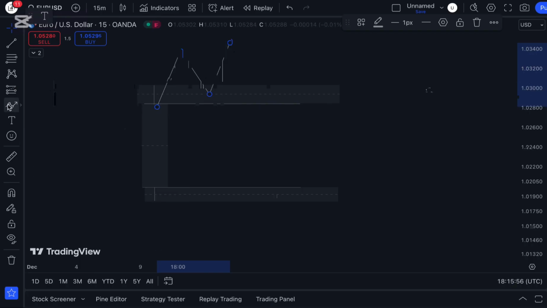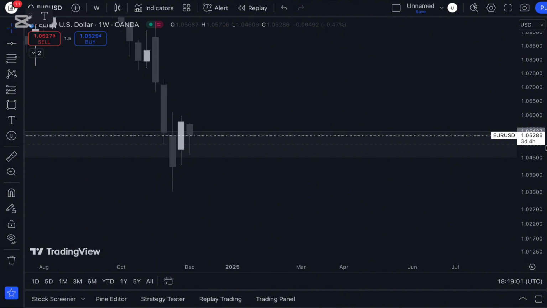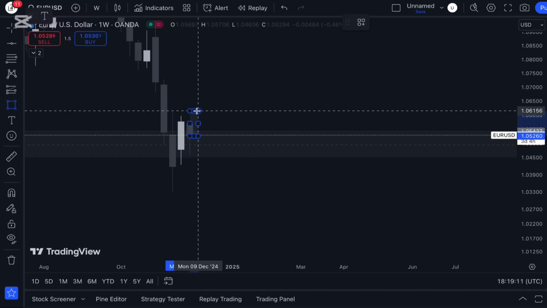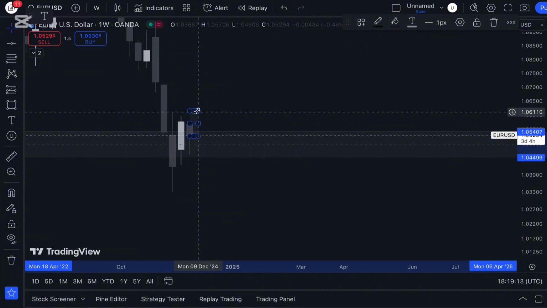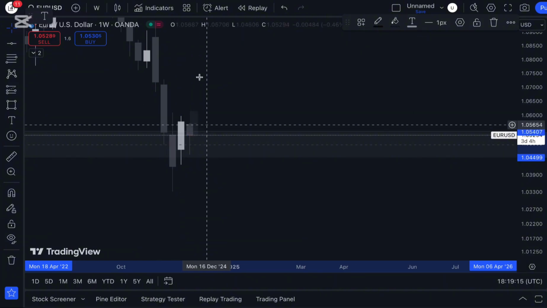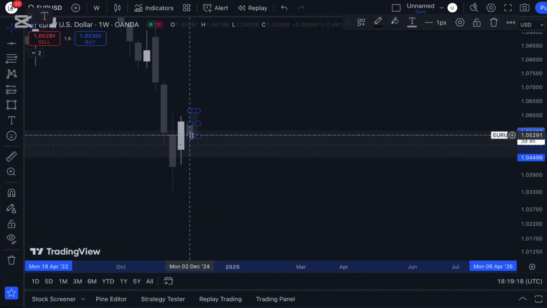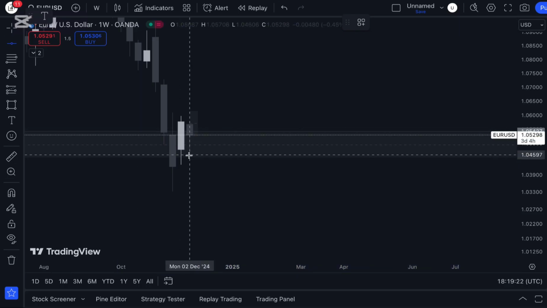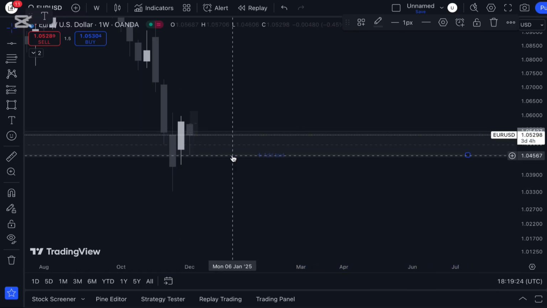If this current candle here closes the way it is, okay, this candle will close in 3 days and 4 hours. If it closes the way it is, we will most likely be waiting for a candle that will then engulf, to then come back and retest before we take it, or the next opening candle we can take our buy positions and then our stop losses will be here, something like that. All right, so this is how you mark your zones